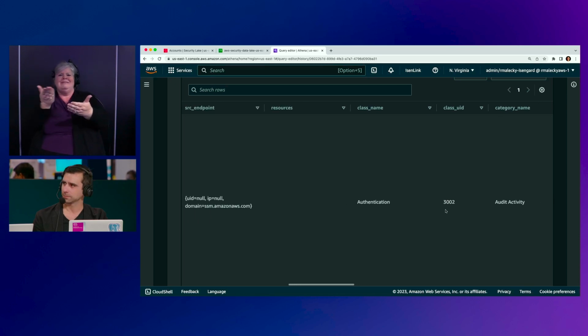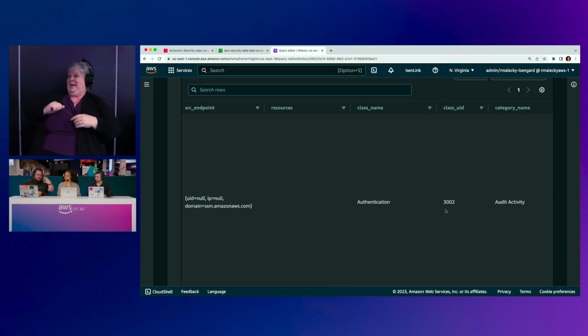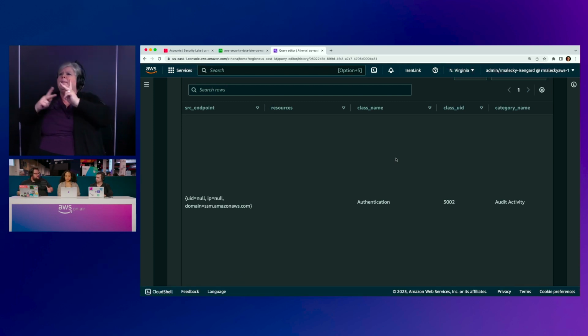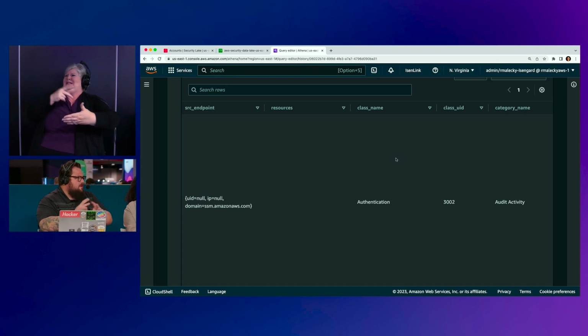And as an incident responder myself, this would be my bread and butter, my world. But if I wanted to show those that are responsible for the security posture of our organization, they're probably not going to want to see this raw data. They'll look at me like I have a third eye and be like, Kyle, why are you showing me this? Show me something that's actionable.